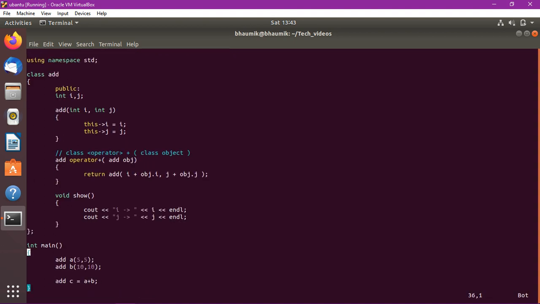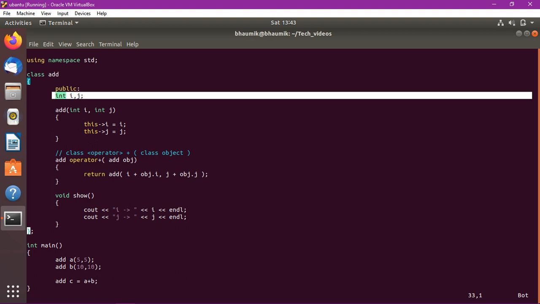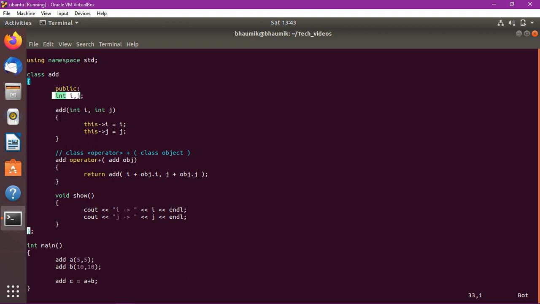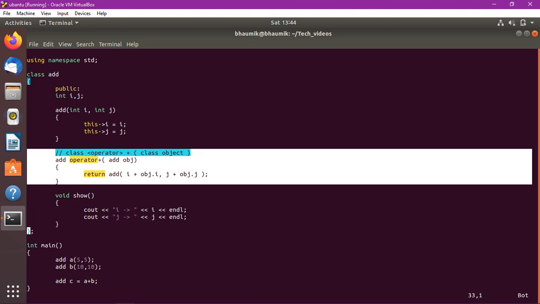How? I will tell. See what will happen here. In this line the compiler will call a, so this i and j will be filled with 5. Now after this, plus b is there, so on b this function will be called automatically.